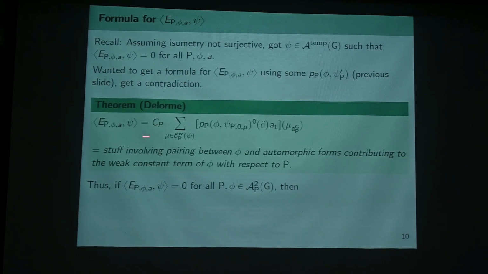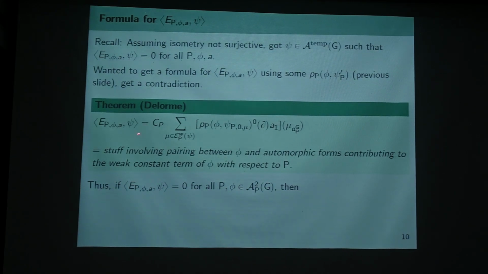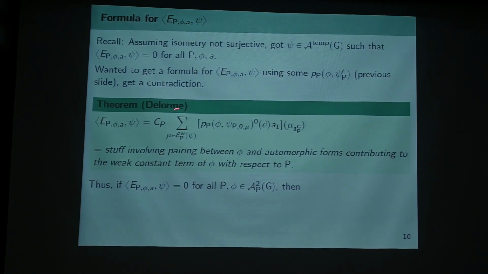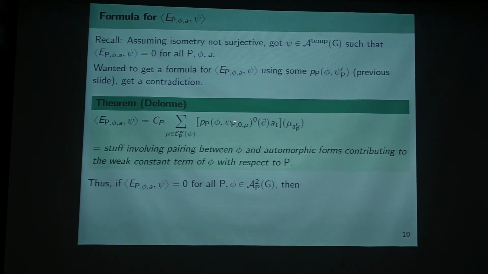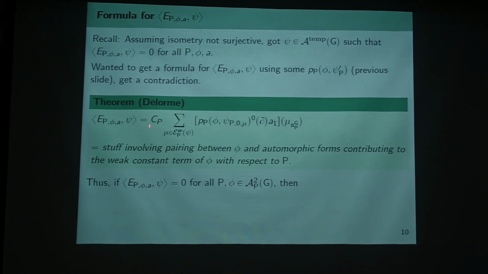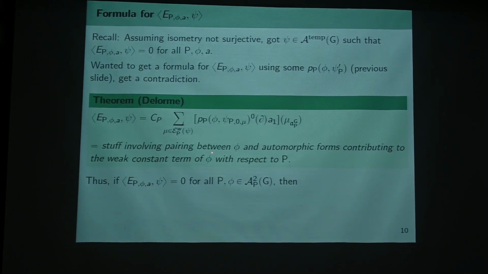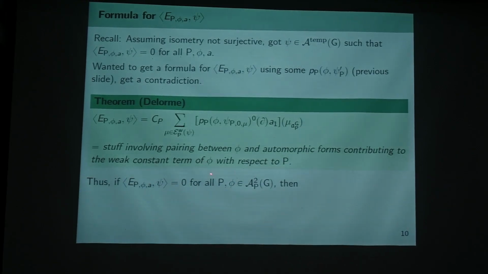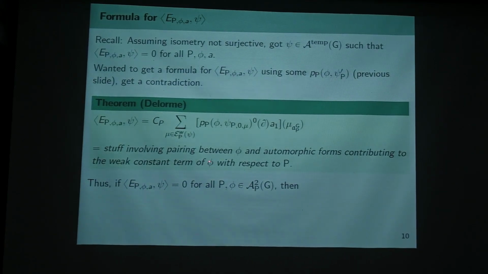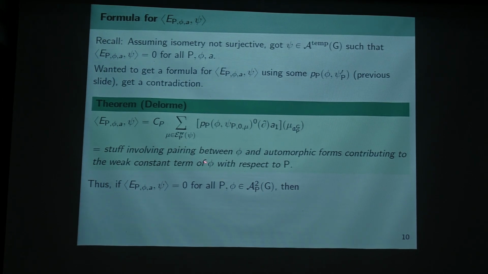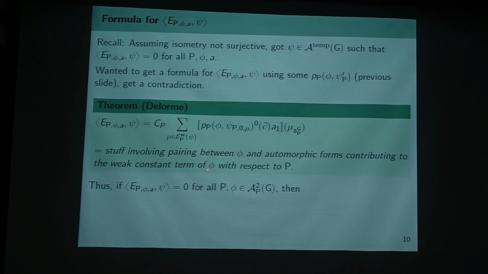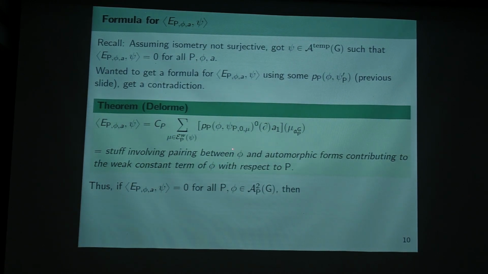And this is the main technical input that Delorme proves for that. The pairing between a wave packet and a tempered automorphic form, don't worry about this expression at all. Okay? I mean, I don't understand it. So it's some stuff which involves contributions to the constant term. Oh, this is a typo, this should have been psi. So various contributions to the constant term of the tempered automorphic form psi and